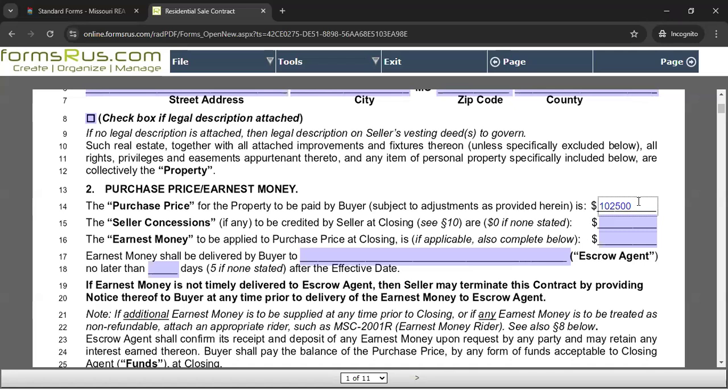Earnest money. You do not have to have earnest money in order for your contract to be valid. Earnest money sends chills up my spine because I know the side of it when there's a dispute. What happens to earnest money? Everybody wants it back and nobody wants to let it go. So normally what I tell my clients, and I'm not saying you got to be like Don, but this is the way I explain to my clients,